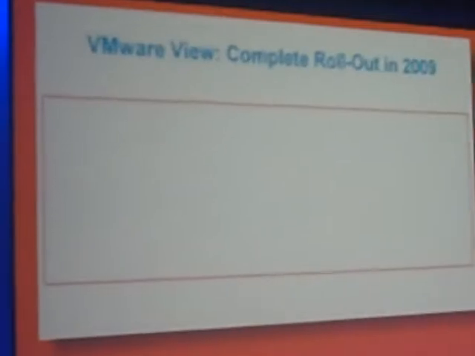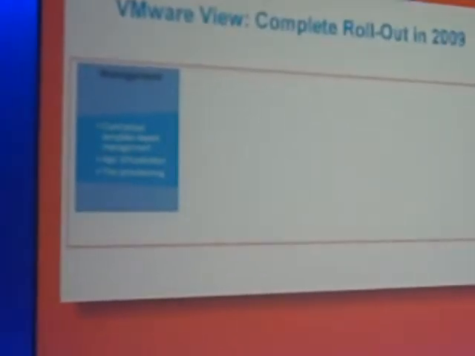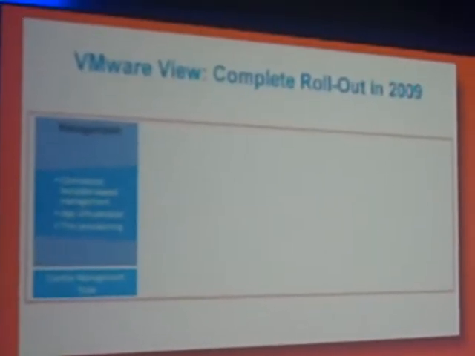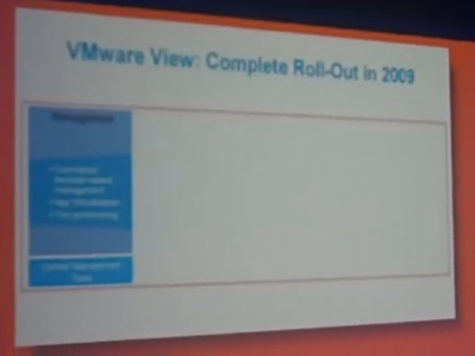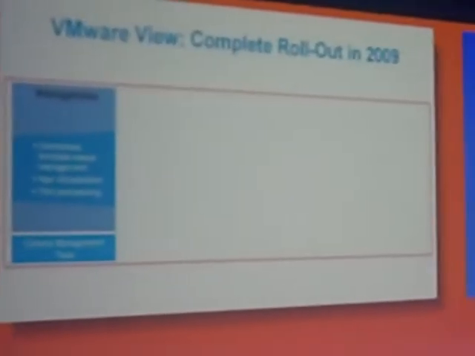So we will complete the rollout of everything that I've described here in 2009. It actually started in December of last year, 2008, with that suite of management tools that allows you to create those centralized profiles from templates and very efficiently store them and manage them. That was what we call VMware View Composer 3.0, which was released then.